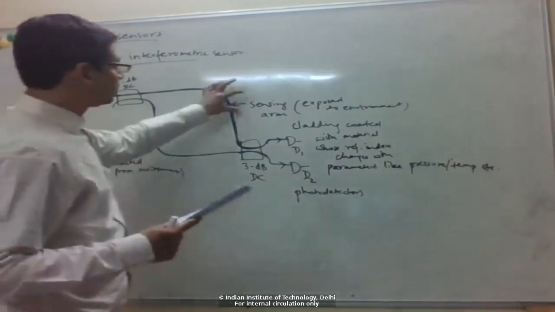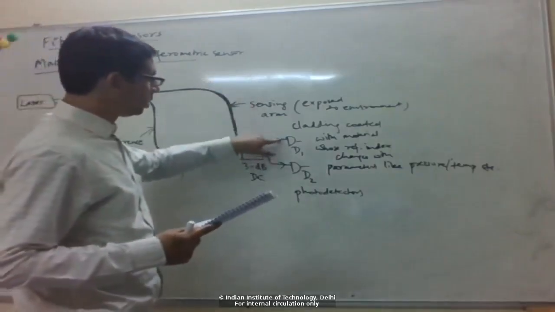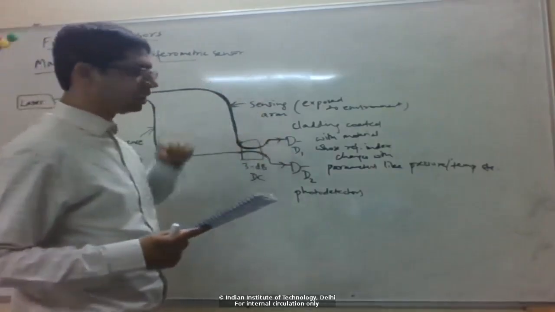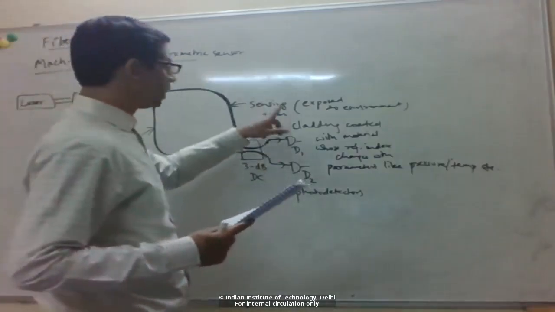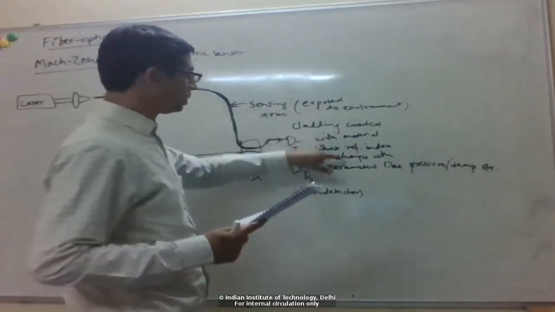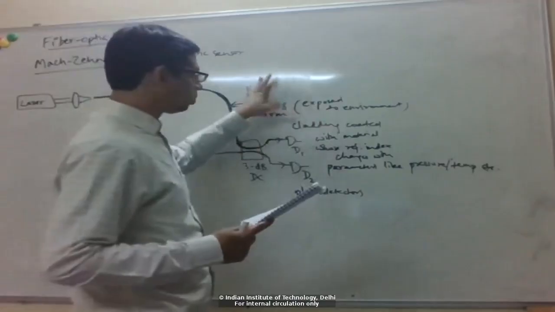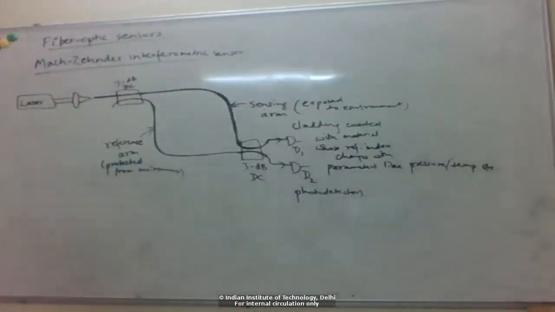Okay, so for example, with change in some external parameter here, the power detected in the detectors D1 and D2 will change. Okay, and by changing the power measured here, we can sort of back calculate, depending on the parameters, by what amount this external quantity like pressure or temperature or something changed. Okay, so to analyze this type of device,